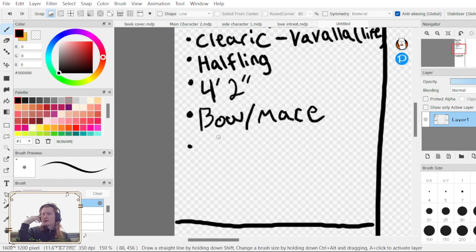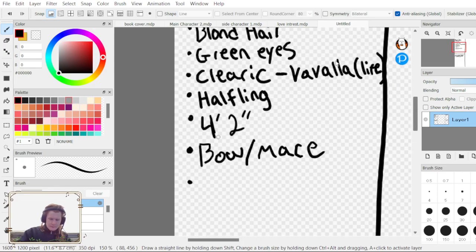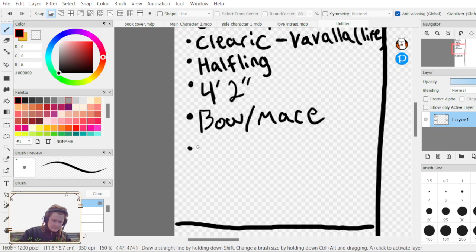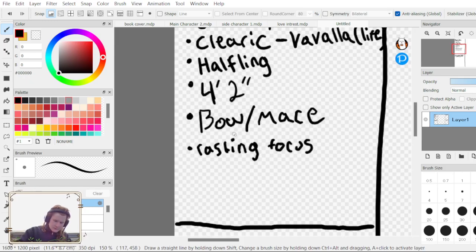Kind of like how Christians wear crosses. She could wear maybe a necklace that helps give her power to being a cleric. Need help figuring out what I'll use as a casting focus.